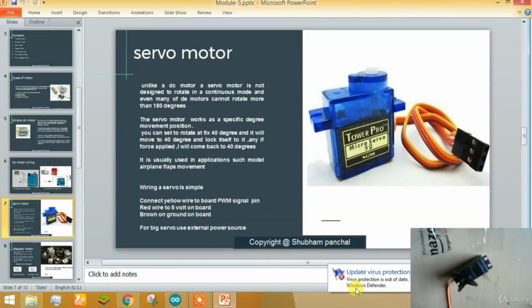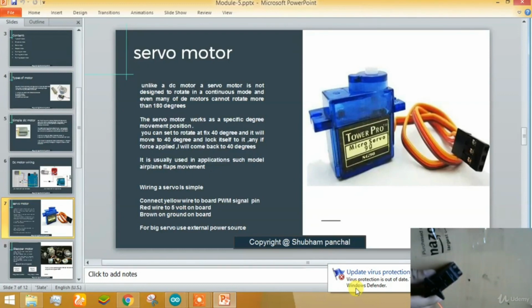First of all, I want to tell you that a servo motor is not like a simple motor which rotates continuously in a fixed direction. On the other side, a servo motor is a kind of motor that is fixed for a specified value. It can rotate only from 0 to 180 degrees, and it is not possible to rotate it more than that in many servos, while there are some servos that can rotate a complete 360 degrees in continuous rotation.